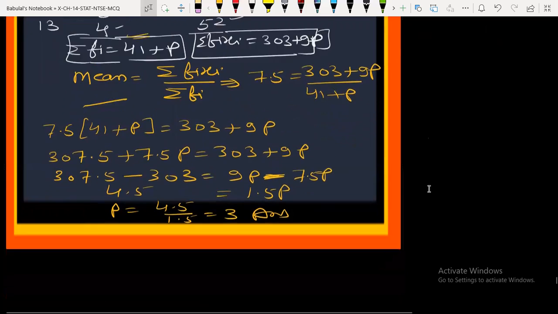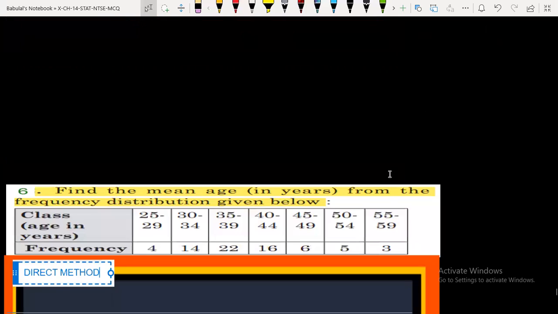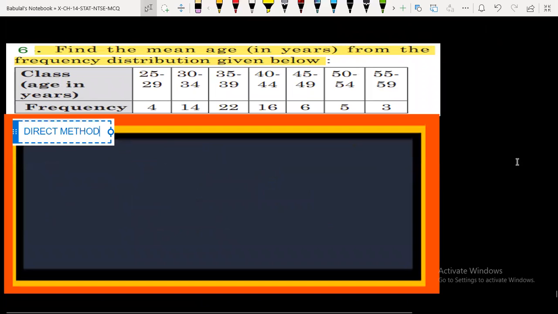And now the next, last question, and this question is question number 6. Find the mean age in years from the frequency distribution given below. Here students, the same way you start on your own. I am going to tell you anyway, but you should also do it yourself. Right. Okay, so first of all we write here